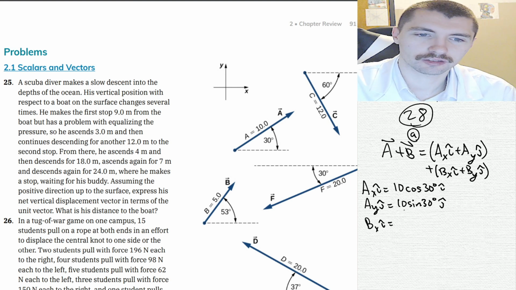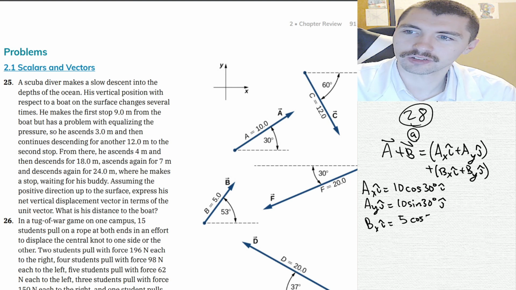Bx i is going to be 5 cosine 53 degrees. By j equals